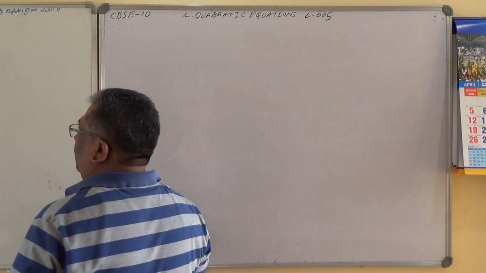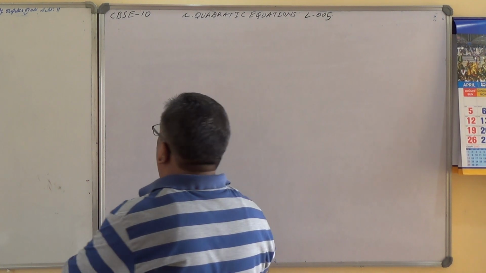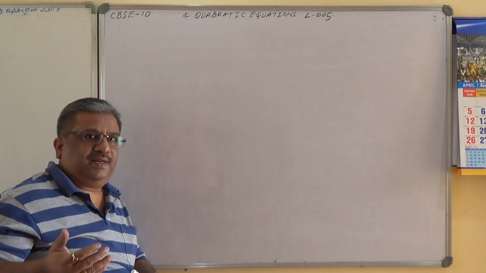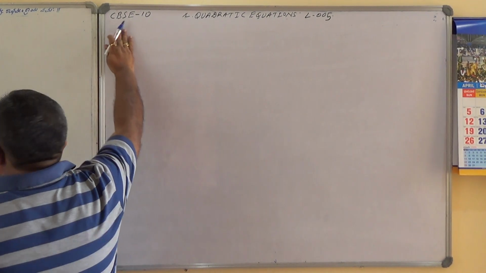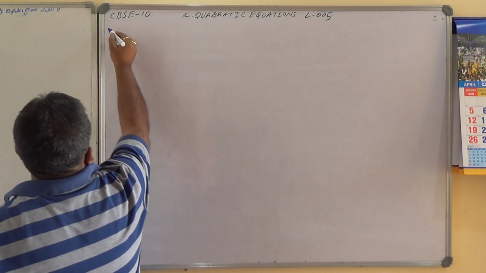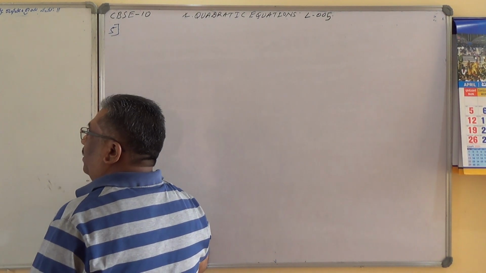So let us study now. In a class test, the sum of Shefali's marks in mathematics and English is 30. I am using 2 variables here and finally convert it into a single variable. Let us see how to solve that one. So this is question number 5, exercise 4.3 I think.